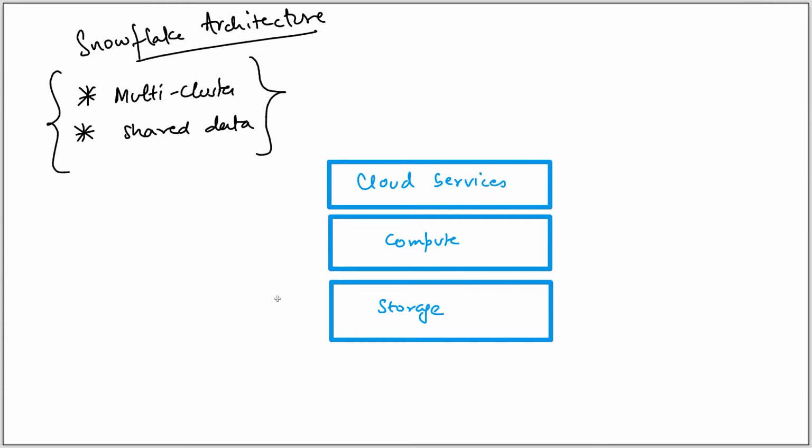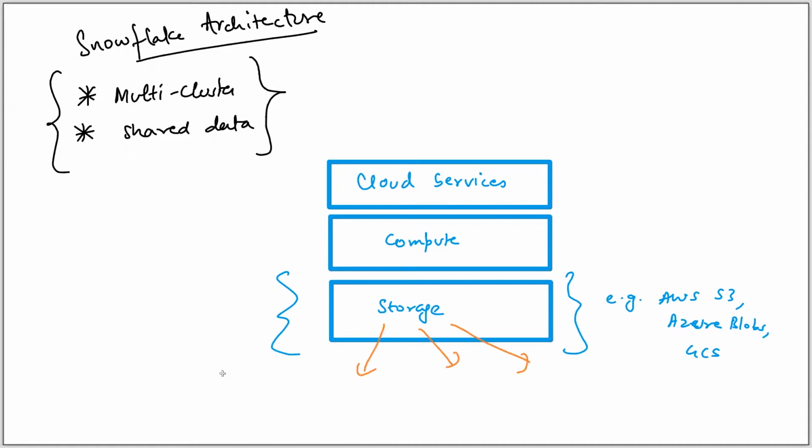So storage is like, for example, AWS S3, or it can be like GCS, or it can be Azure Blobs. So there's different types of storage, GCS, Google Cloud Storage. And this one is like a single version of truth with regards to data. So you have single copy of data, that's the benefit. So here you can see this is storing the compressed data. It is also storing the time travel data. You can time travel, you can go back in time.